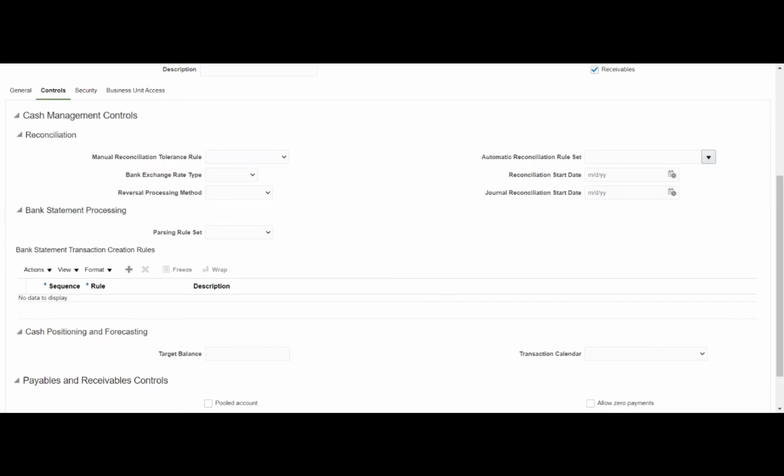The other way is for the immediate things that we want to clear, where we will do the manual reconciliation. There, if there is a mismatch and I want to enable this tolerance, I can set up a rule and enable the tolerance. These are the predefined seeded rules given by Oracle. So I can select any of these given rules.